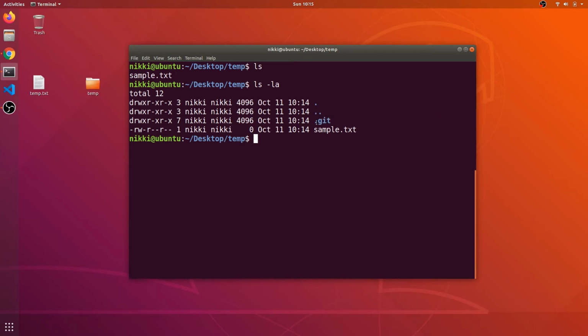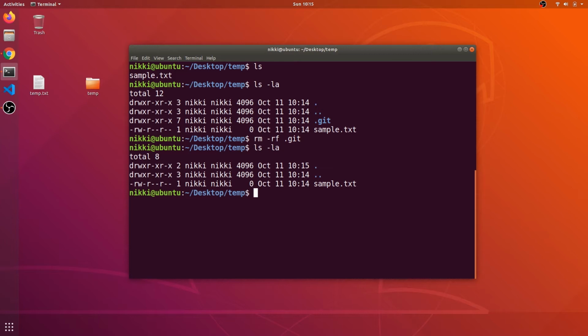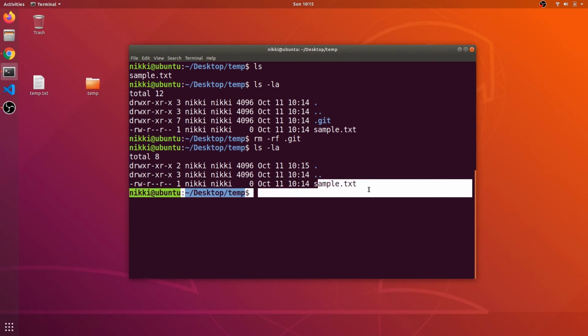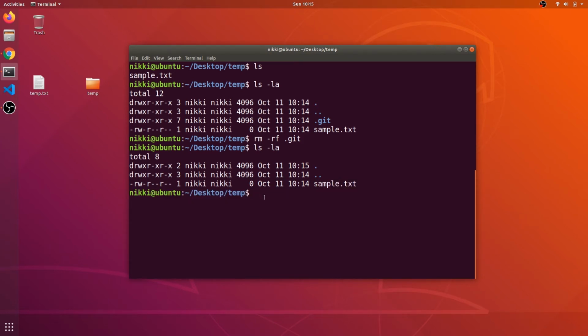If there is no .git directory, then you cannot track these files using git. If I say rm minus rf .git and then ls minus la, now I can no longer track the sample.txt file. If I change any contents of the sample.txt file, I cannot track them and I cannot push them into the repository.